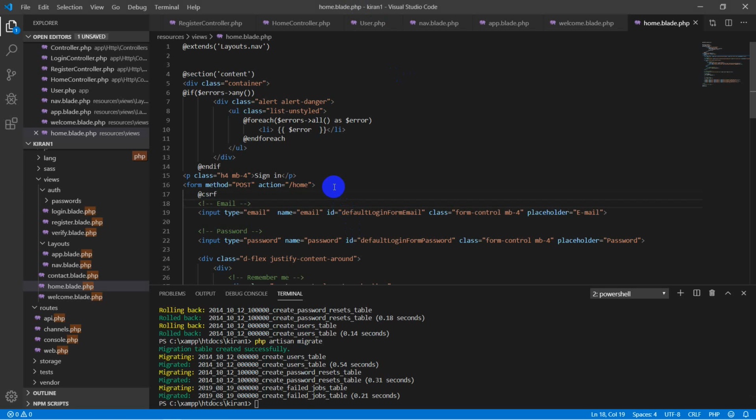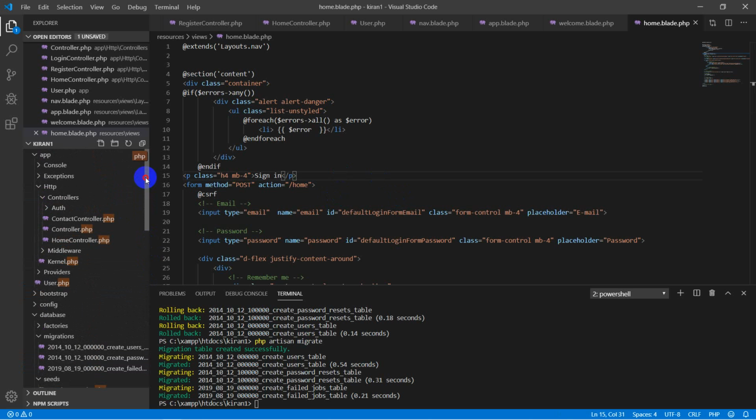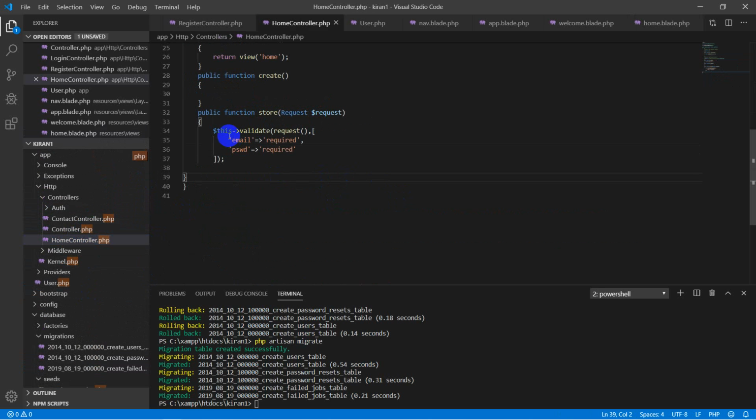Now I have used the CSRF token in the form for the protection of users. CSRF is used for preventing malicious attacks, and the form is seen on the desktop. After that, now let's validate. For the validation, there is server-side validation. Let's have a look on the desktop where $this->validate($request), and for that email and password are required.